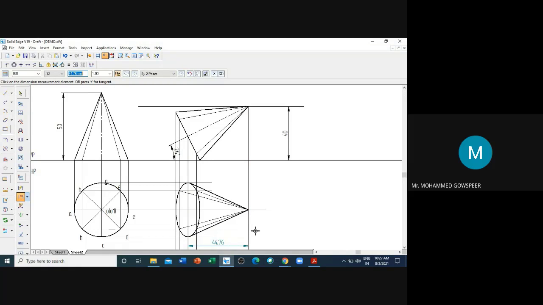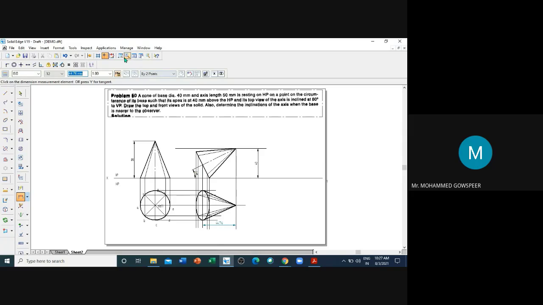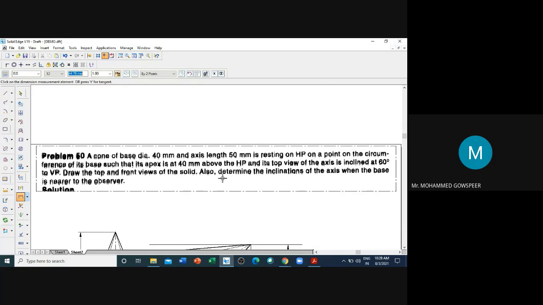Yesterday one of the students asked a doubt: Sir, when to draw beta and non-beta problems? Okay. So beta problems are the ones where I use the term locus, to draw the locus. So when you must draw a locus, this is the first position. This is the second position. Now I am drawing a third position. For the third position, the data is this one: the axis or any feature is inclined to VP. Okay, that is the data required for a third position.